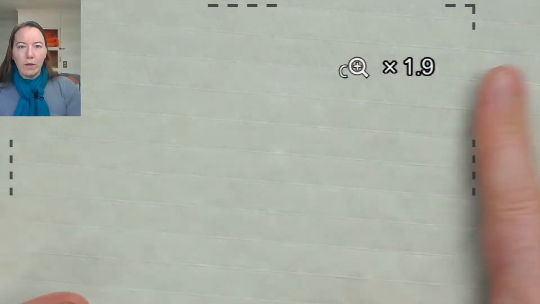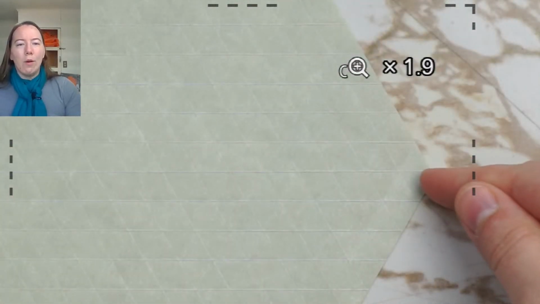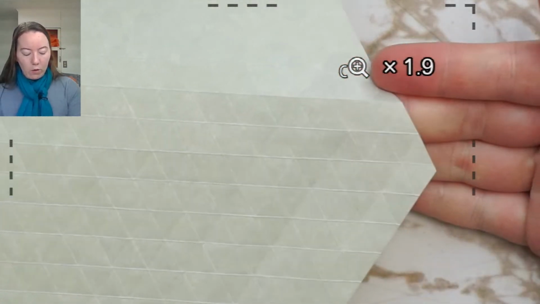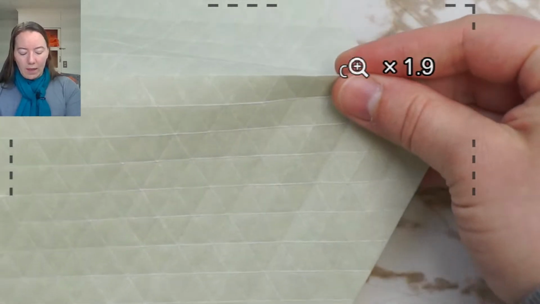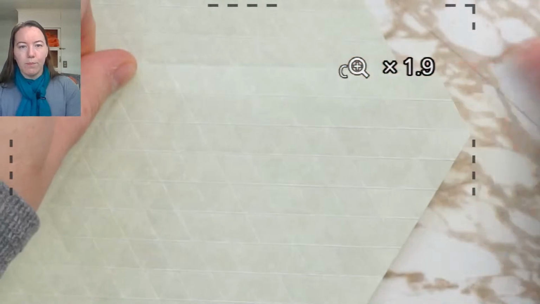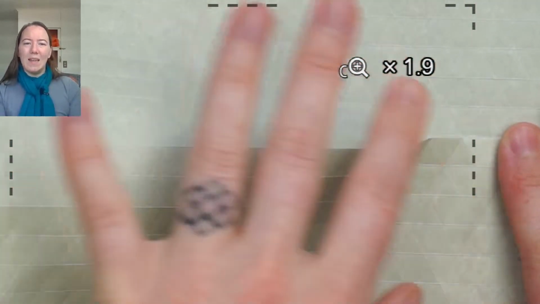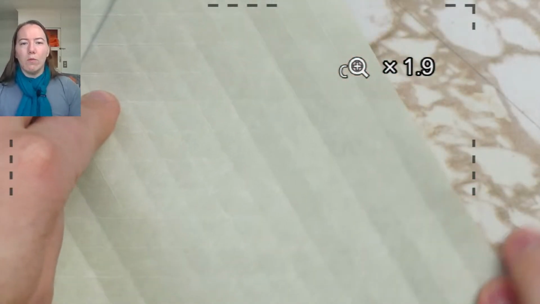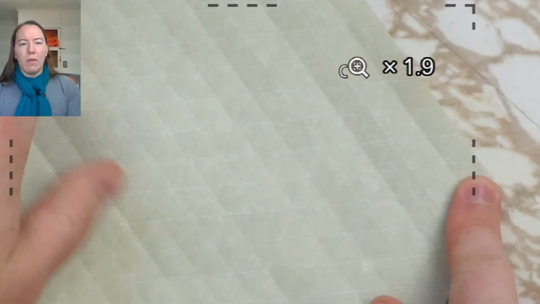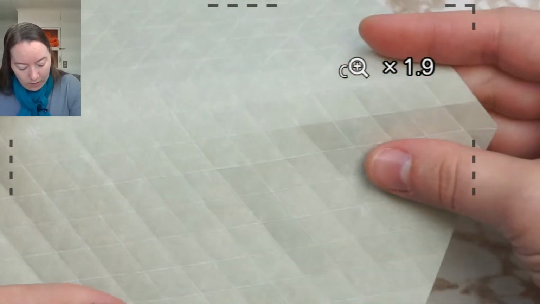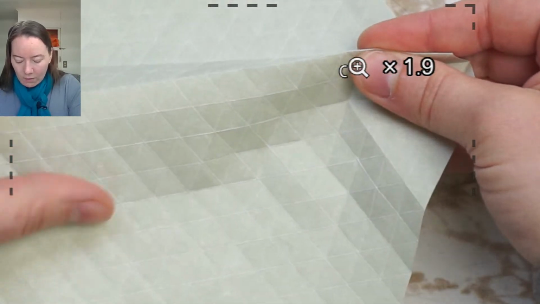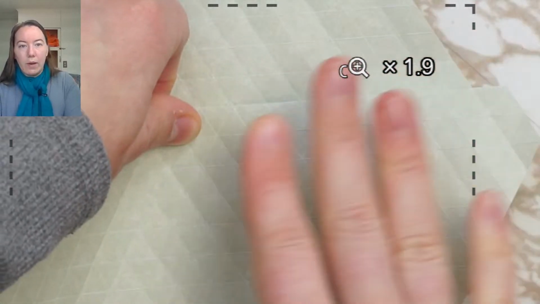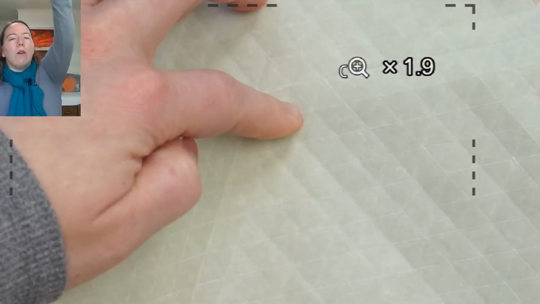And the way I'm going to do it with this grid is say, on my right side corner, I'm going to bring up my mountain 2 spaces up from the corner, and the valley 1 spacing above that. I'm going to fold this in towards the center, but not all the way through. And then I'm going to rotate my paper to bring up the next corner and do the same there. So my mountain is 2 spaces above the corner, and my valley is another spacing above that. Zoom out slightly